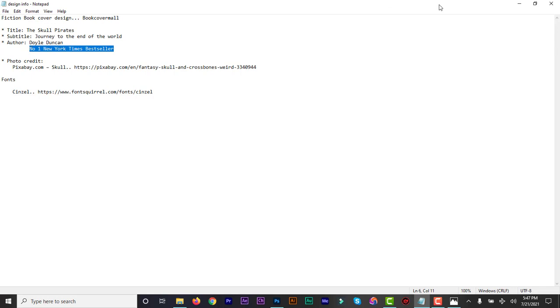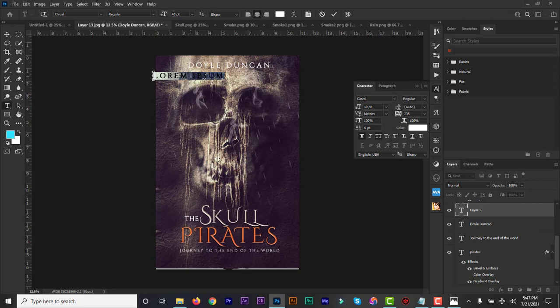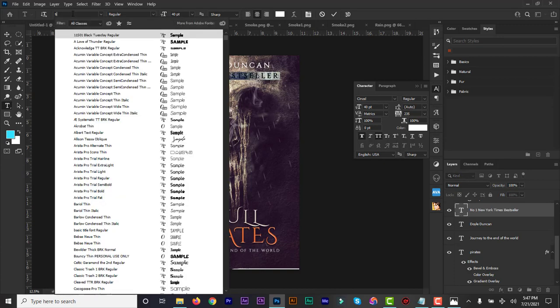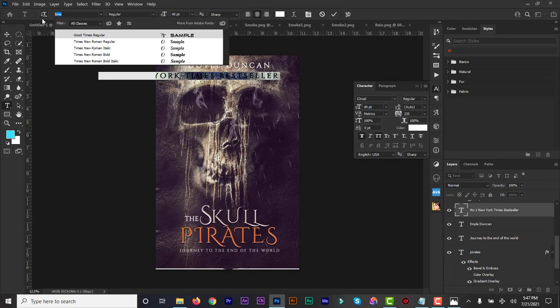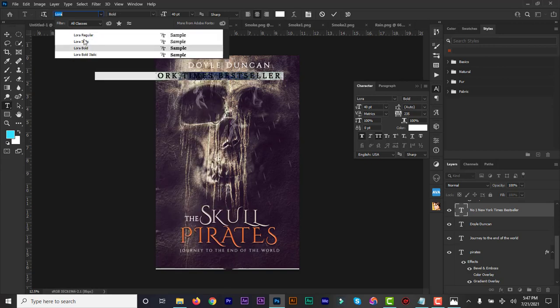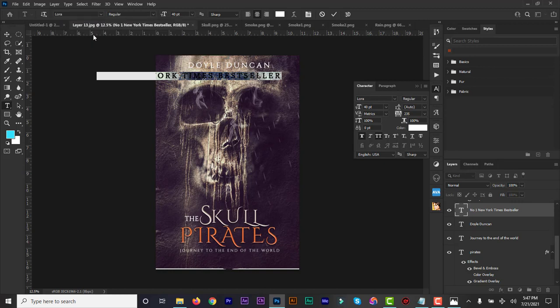Control C, Command C to copy. Control V, Command V to paste. Times Roman, or let's use this Laura regular. This is another one that I use in place of the Times New Roman. So I'm going to drag it and I'm going to increase